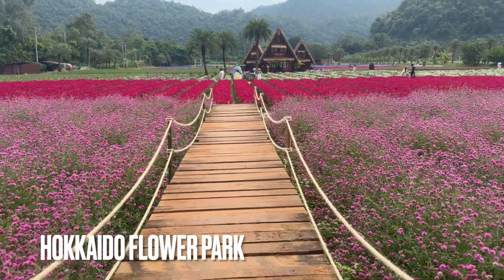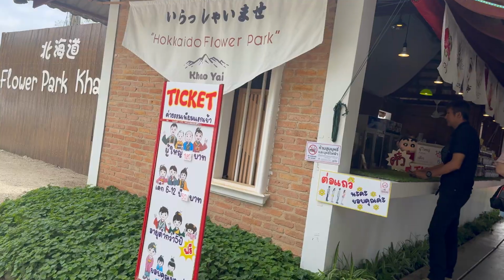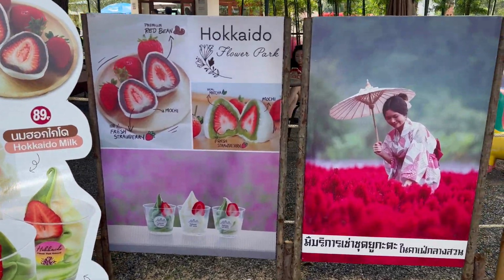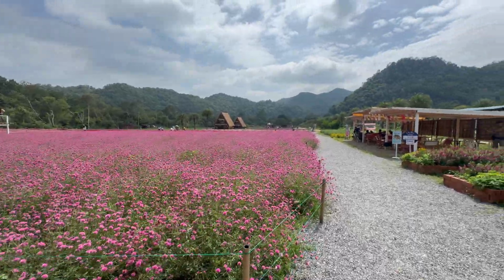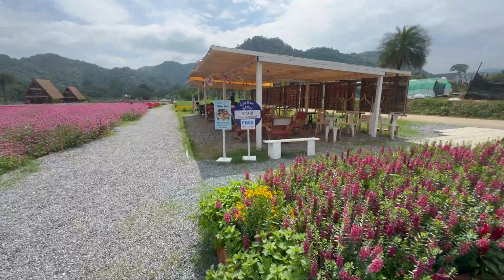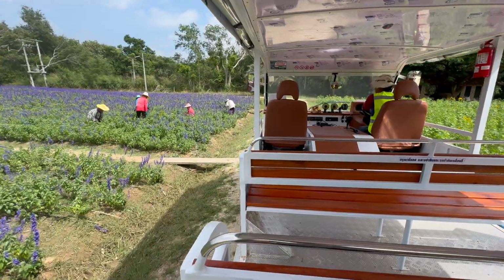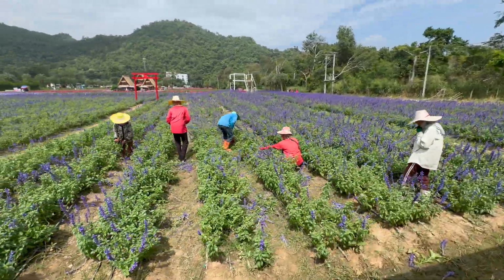A visit to Hokkaido Flower Park is a must for anyone who has a green thumb and loves Japanese anything. It's inspired by Japanese gardens, and there are lots of Japanese snacks and sweets that are served throughout. At the entrance, there's the cafe, and then as you walk through this garden area, you can pick up a little bus that will drive you around the property and stop you at the different gardens. So I hopped in with a bunch of ladies, and you can see all the local gardeners preparing the different